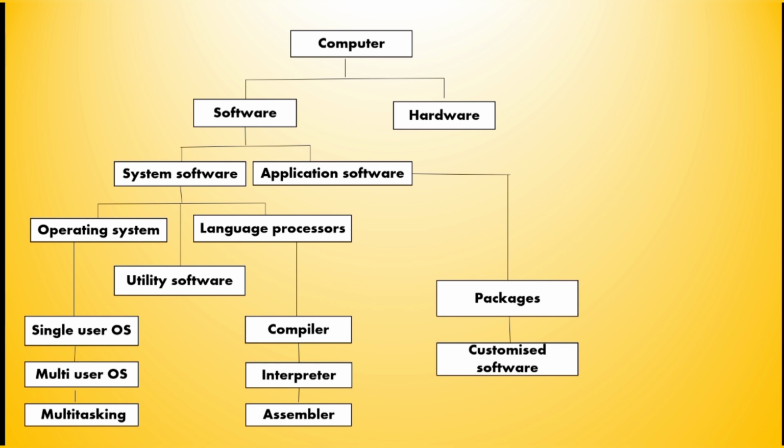This is a flowchart showing different components of a computer. As you know, computer is divided into two components, hardware, software. Moving on to the software, software is divided into system software, application software. About system software, you will be learning in detail in further slides. Now let's concentrate on application software. It is a software which is used to perform a particular task. For example, MS Office package which has the application software such as MS Word, Excel and PowerPoint.